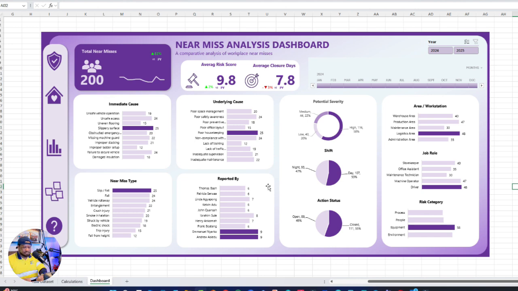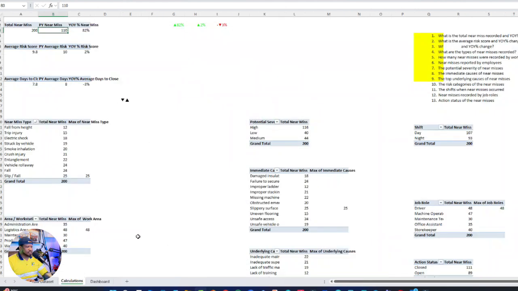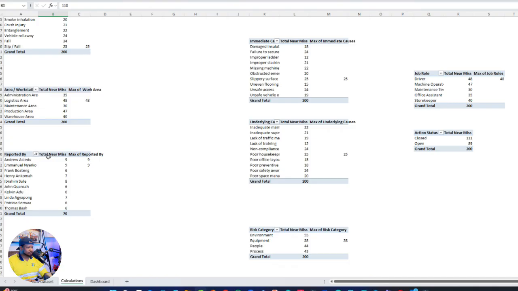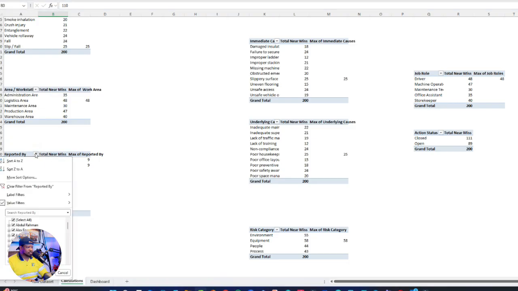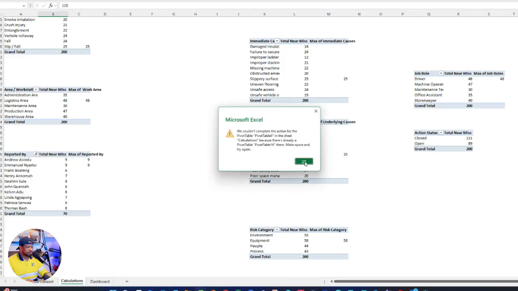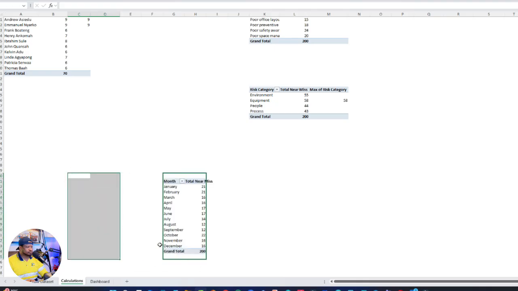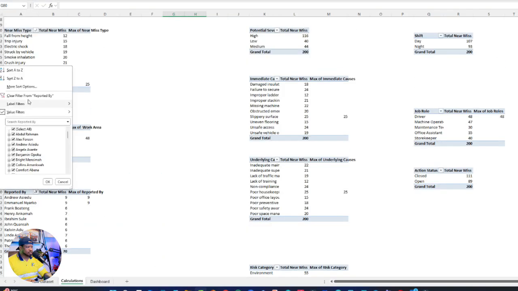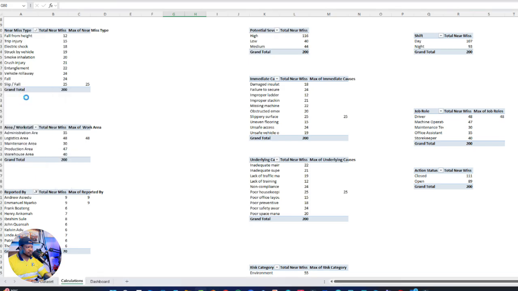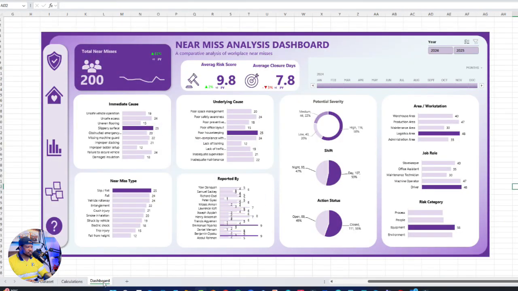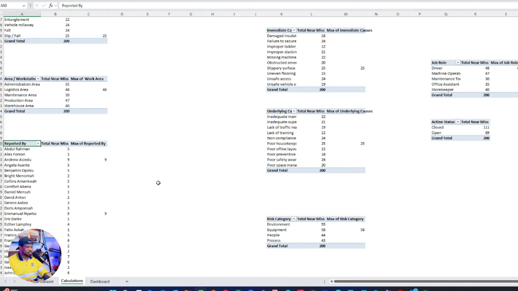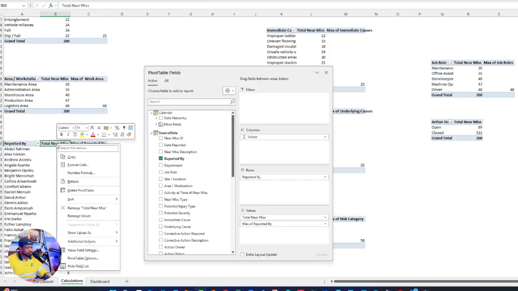Okay, that's it. But then I don't know why it's not allowing me to sort in ascending order. So let me just clear this filter for now. Okay, which is going to be like a visual like this. And let me just see once again. And then sort from